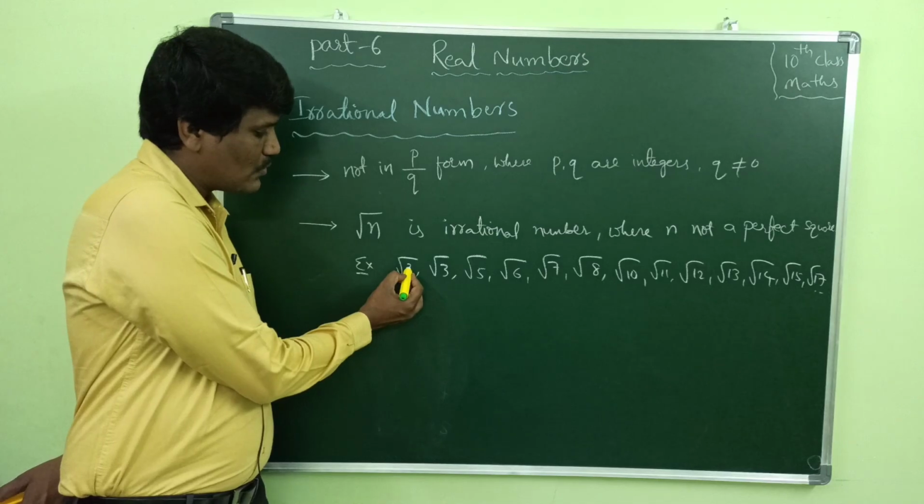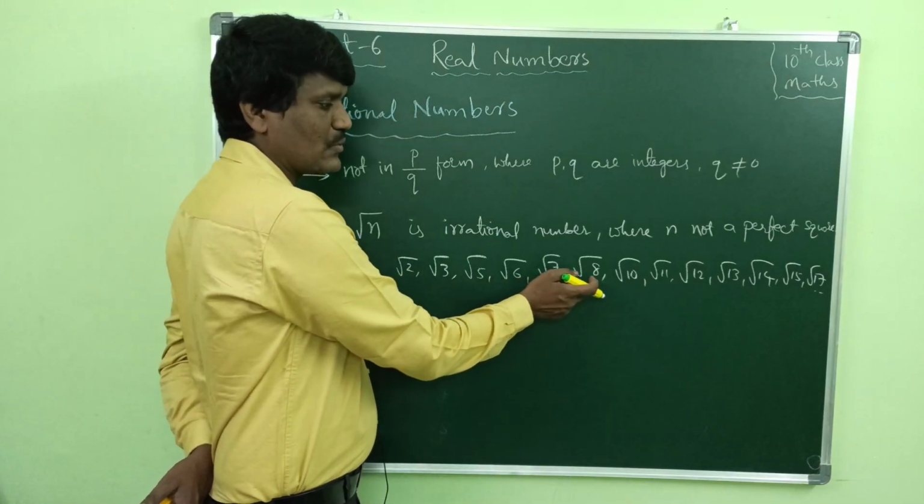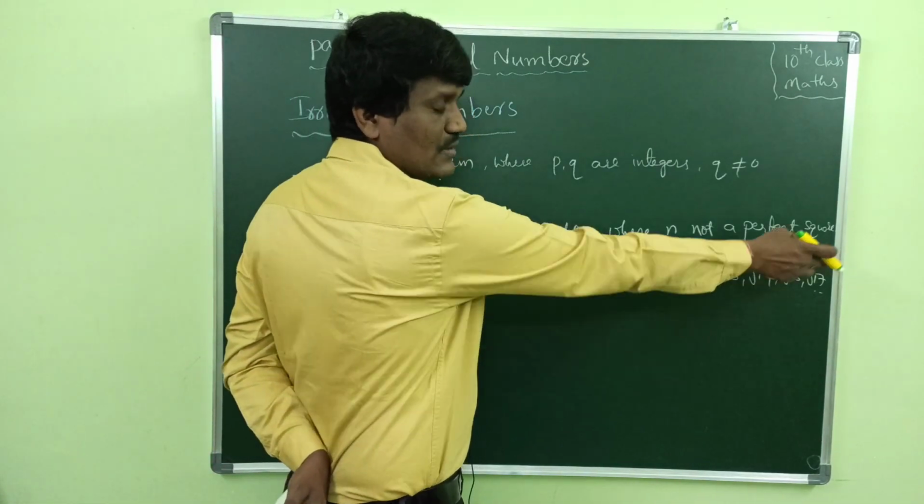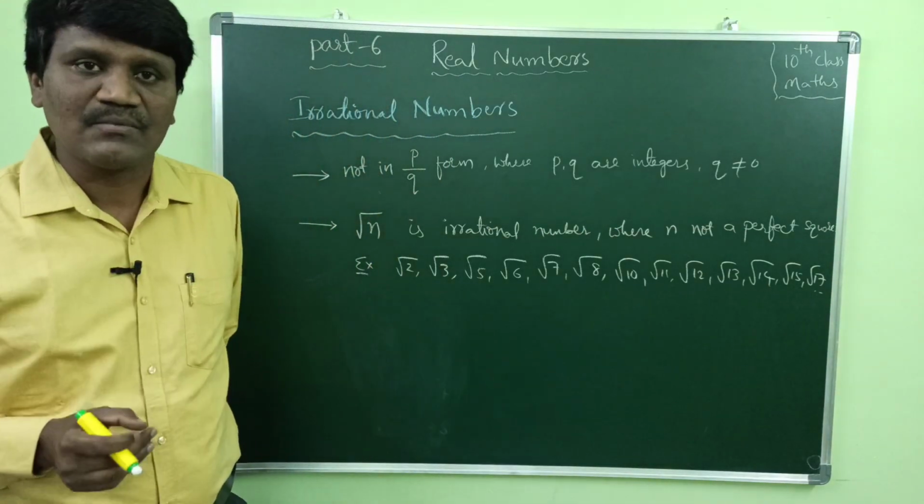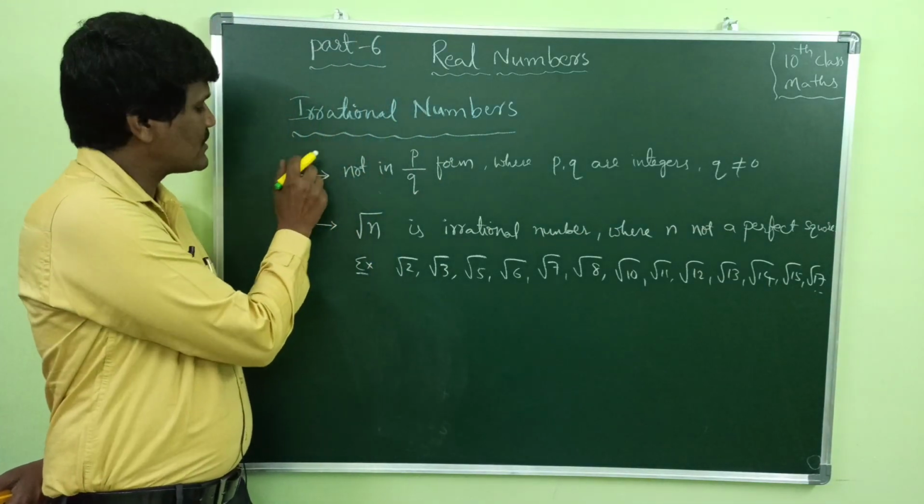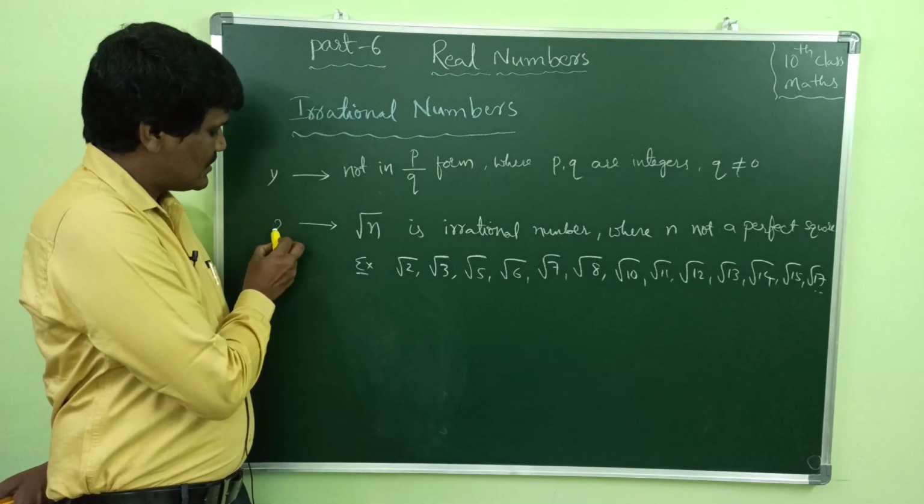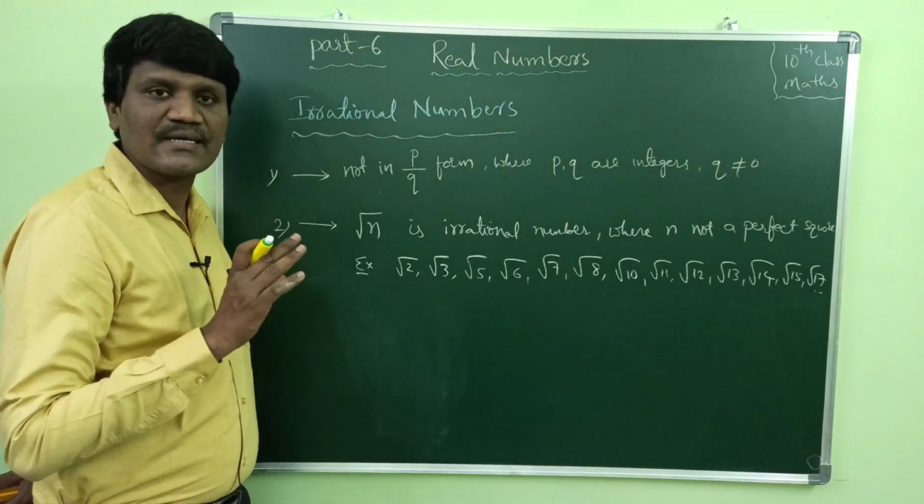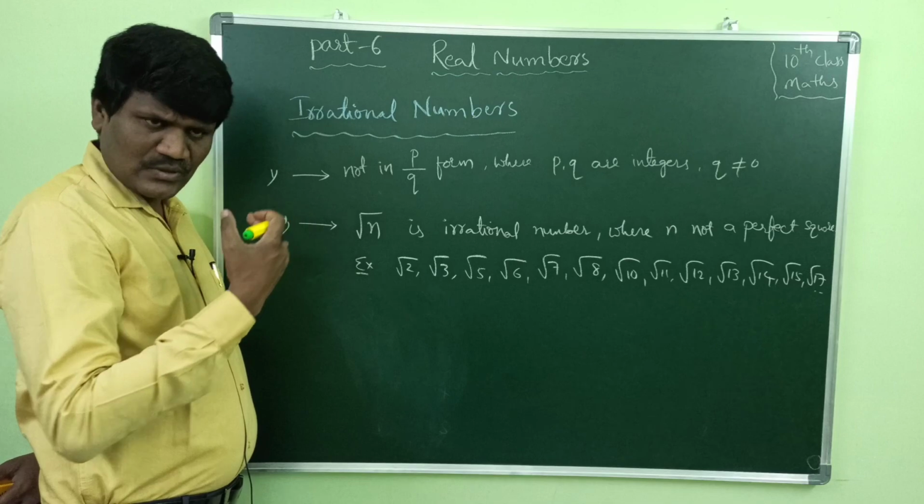So root 2, root 3, root 5, root 6, root 7, root 8, root 10, root 11, root 12. These are all irrational numbers. So this is the first form of representation of irrational numbers, and this is the second form of representing an irrational number. Now the third form is,